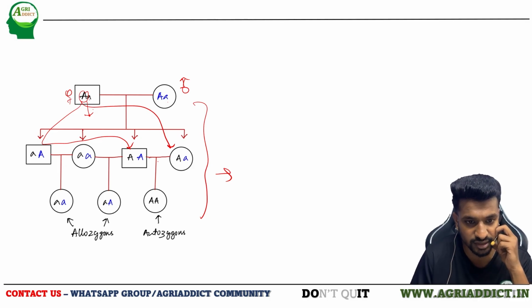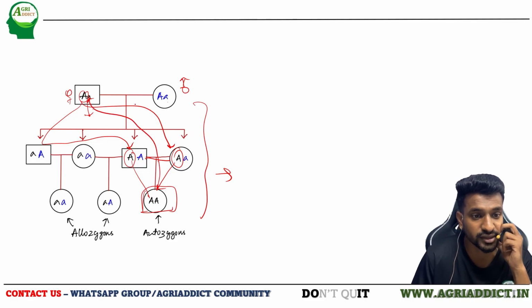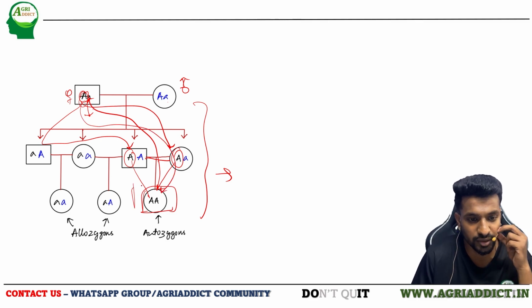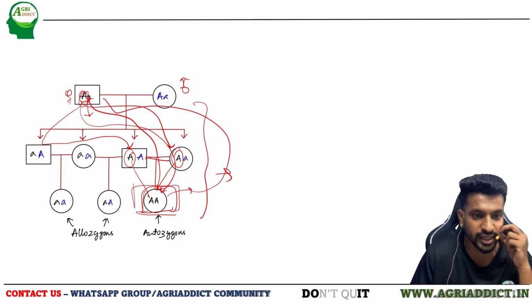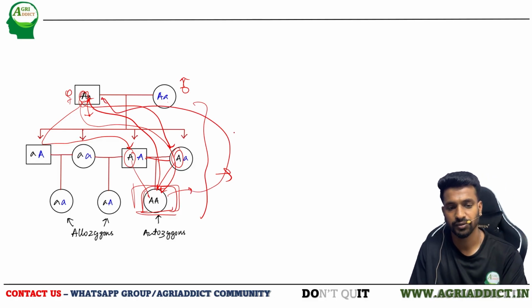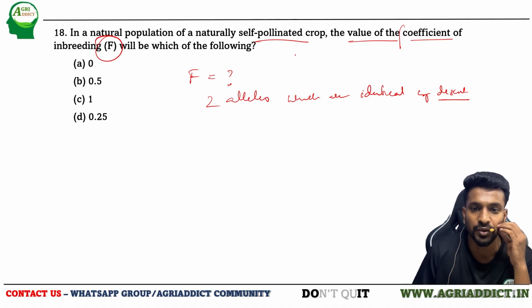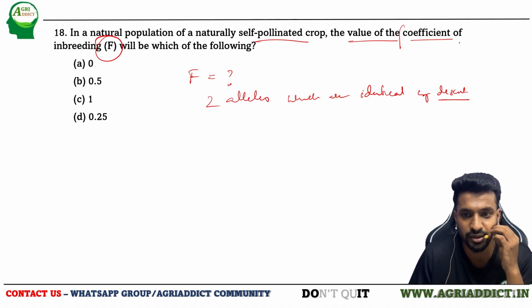When sibling mating, brother-sister mating, is done, you can see that the capital A and capital A, which were actually present in a single individual, have come into one individual in its progeny generation. That means this is the probability of two alleles which are identical by descent. This is its meaning. Okay, and they are asking what will be the value of the coefficient of inbreeding,